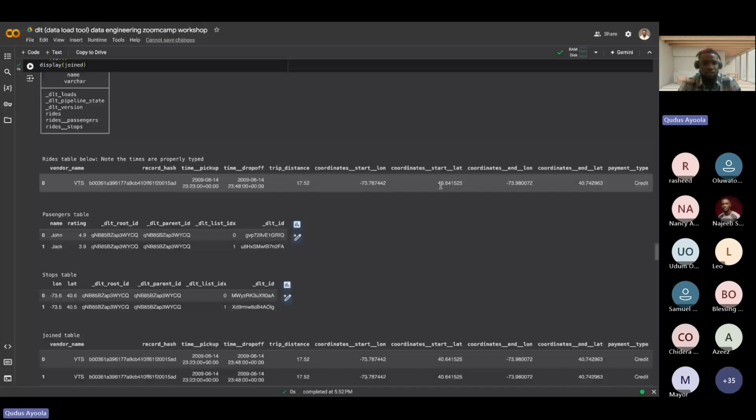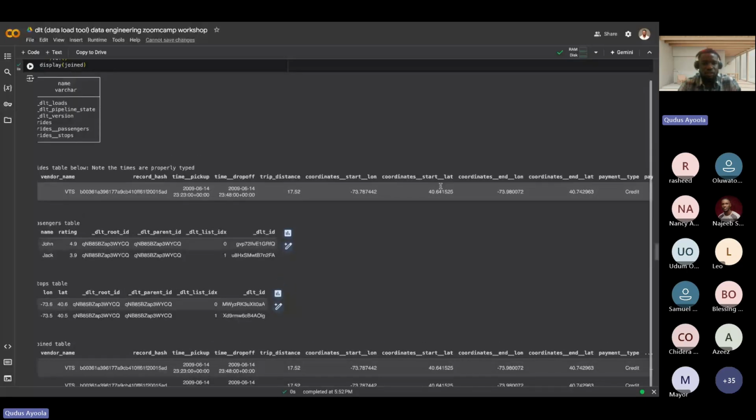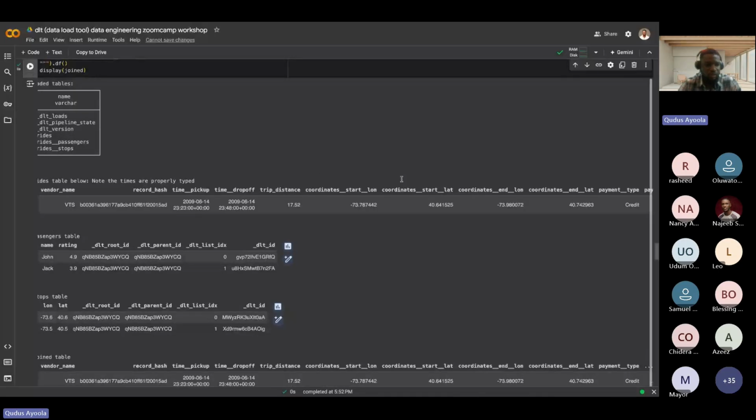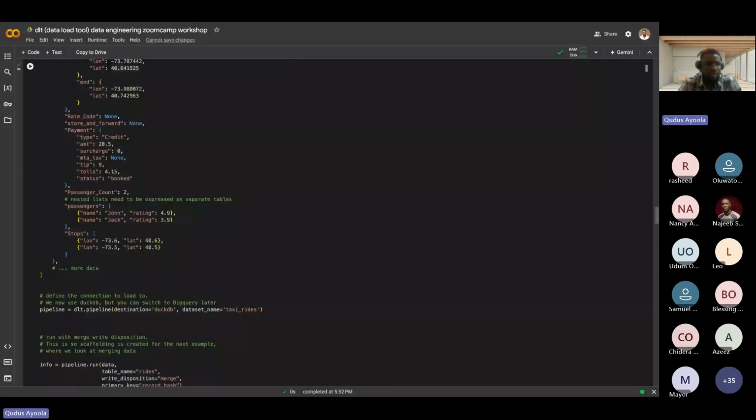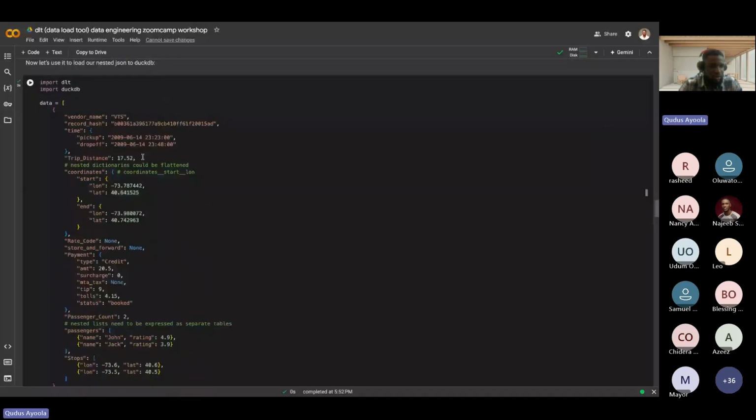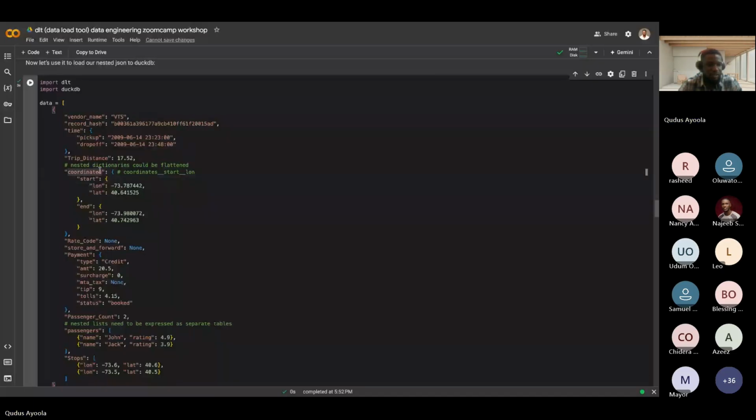So this has the start time, end time. What you notice is this coordinates latitude is nested within this start column and within this coordinates column. If I go back to my JSON file, you see it right here that this is nested. So let's go to coordinates here. You can see we have longitude inside start time and inside coordinates.